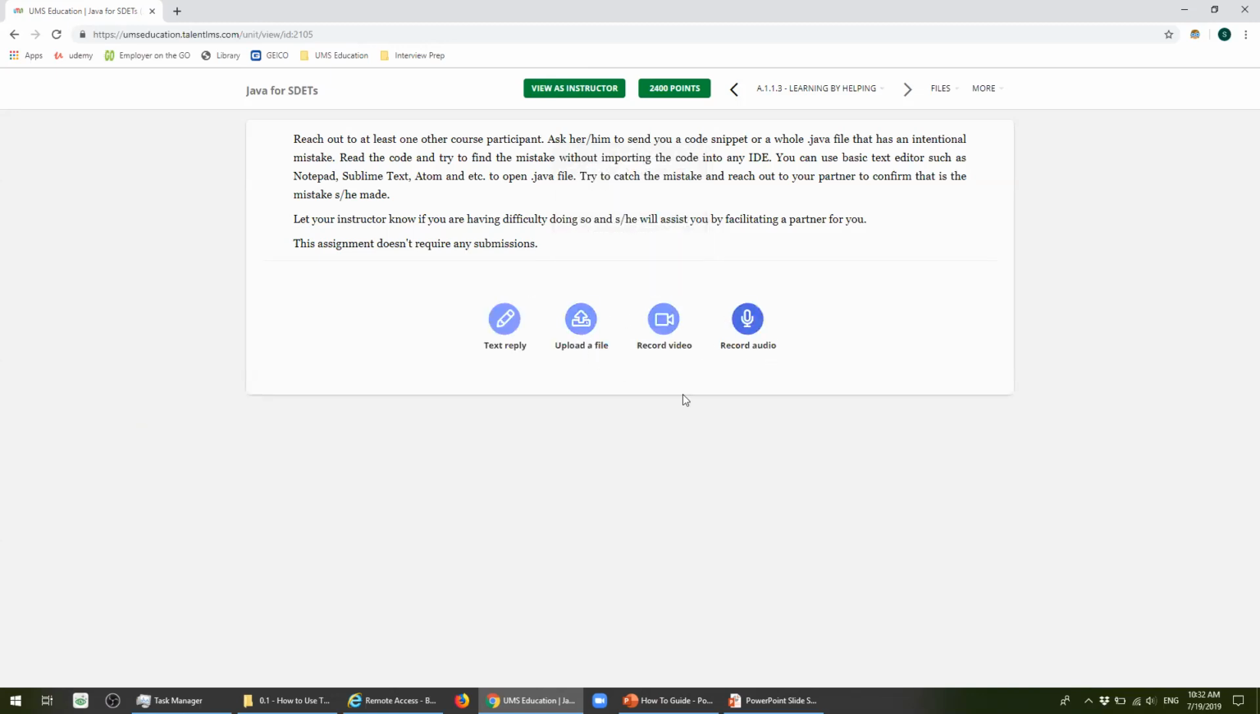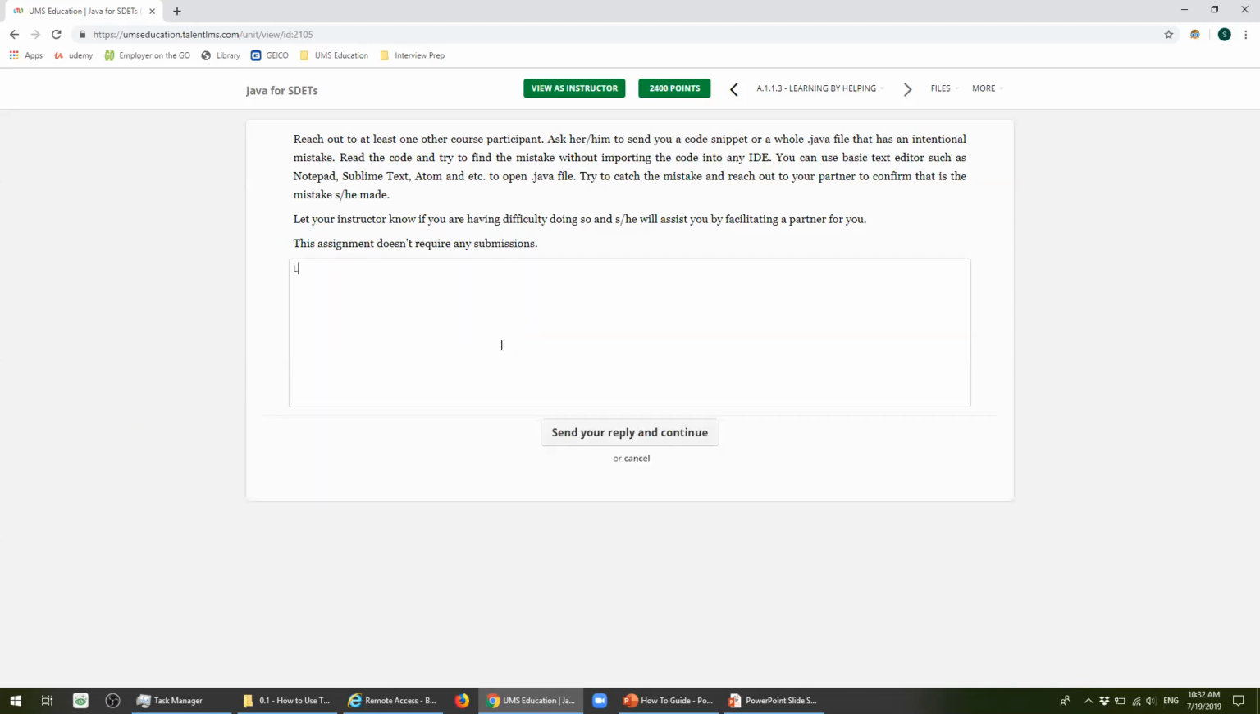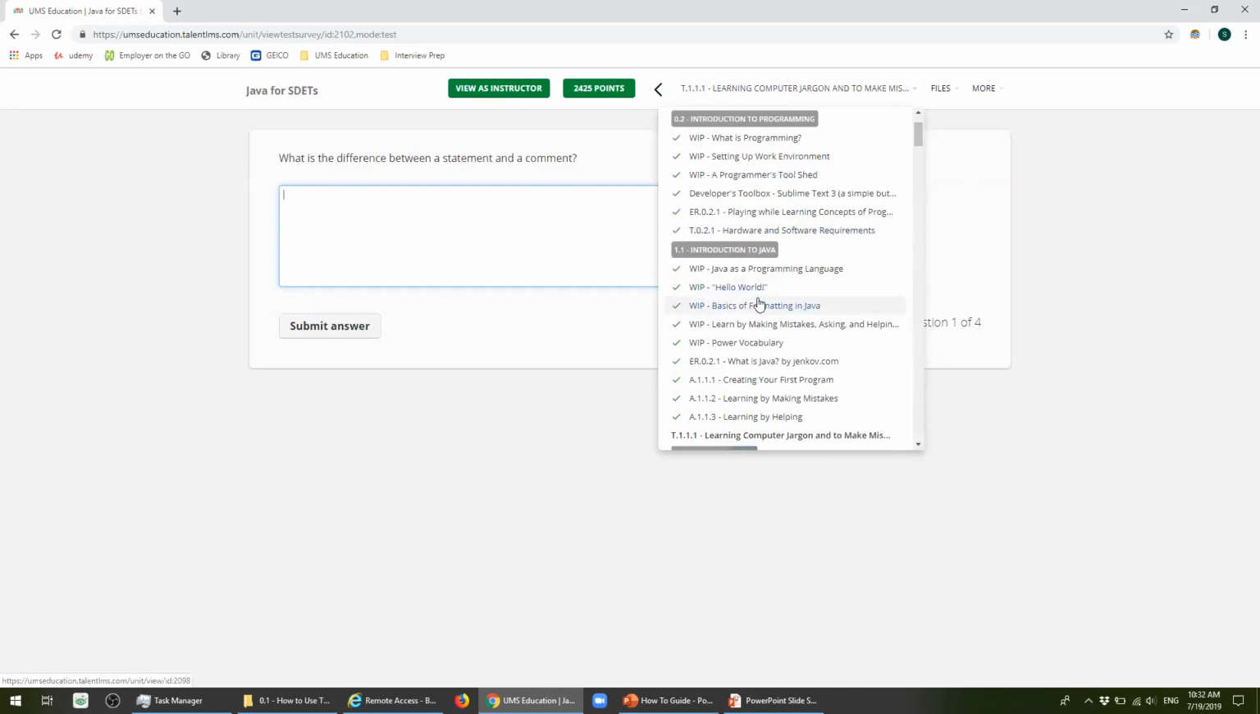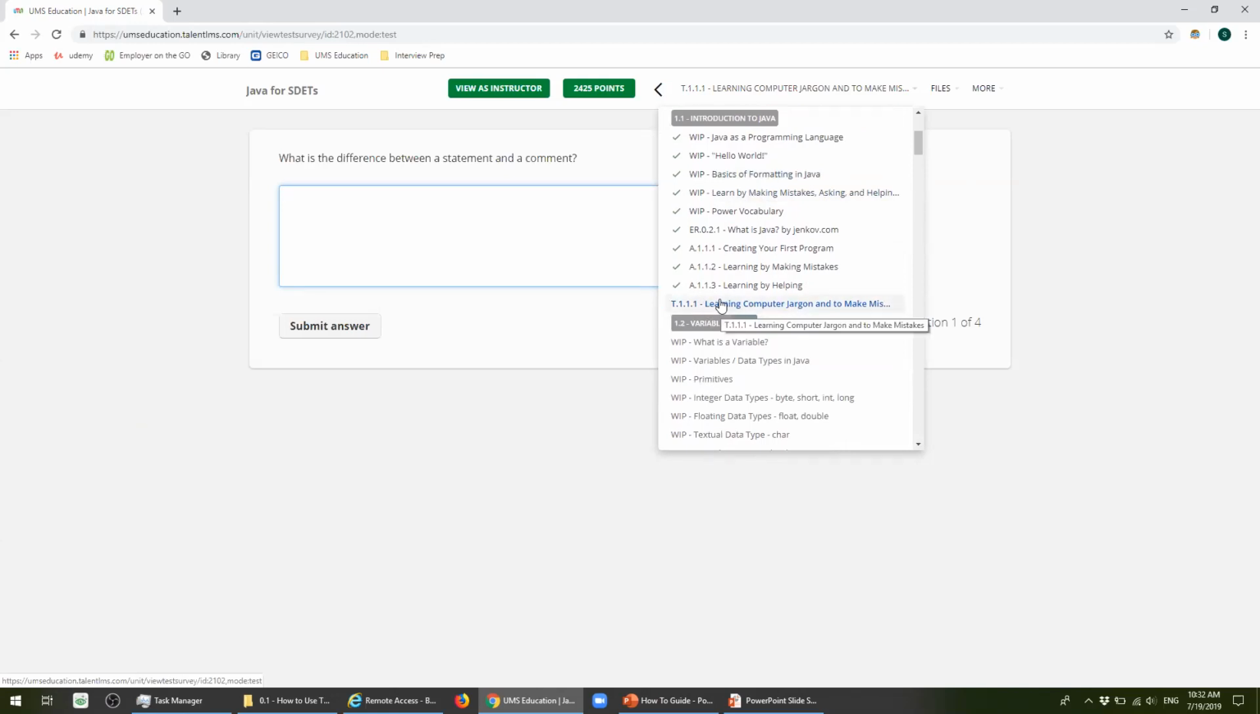Just for demo purposes, before we move on, you can create your video right through the platform itself, or you can simply create an audio. Just to move forward, we will just type in reply, and send it. That's it. And this automatically takes us to the next content, which will be the test. So the program is designed in such a way that when you complete the content, it automatically takes you to